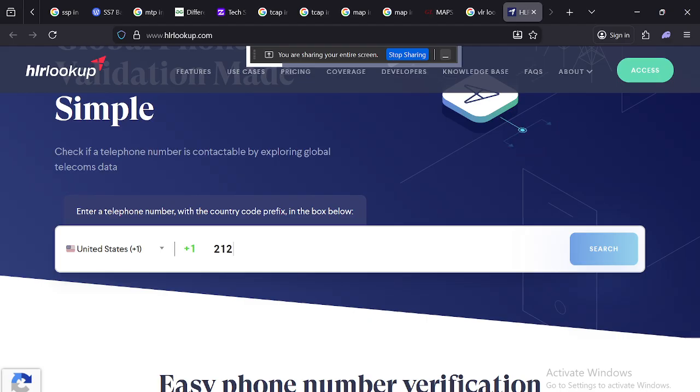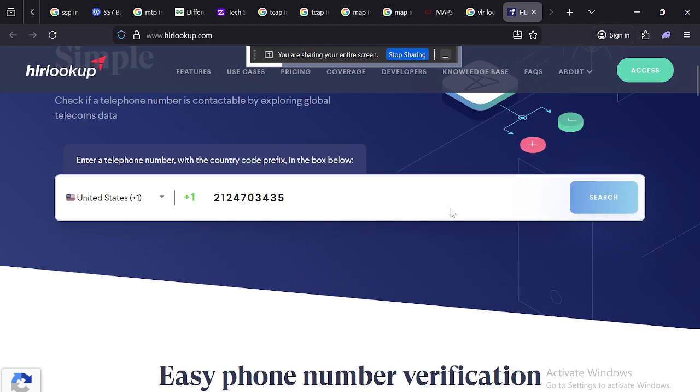Let me just utilize a random phone number. Okay, let's search.